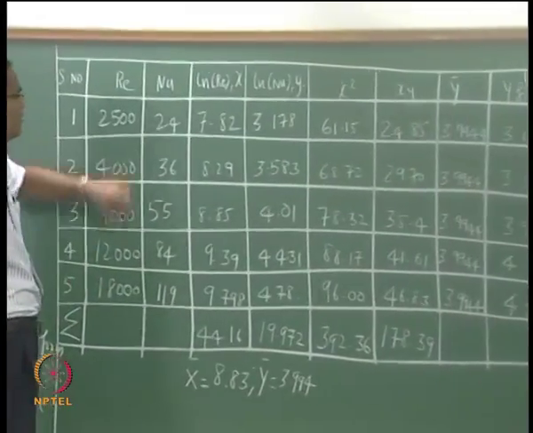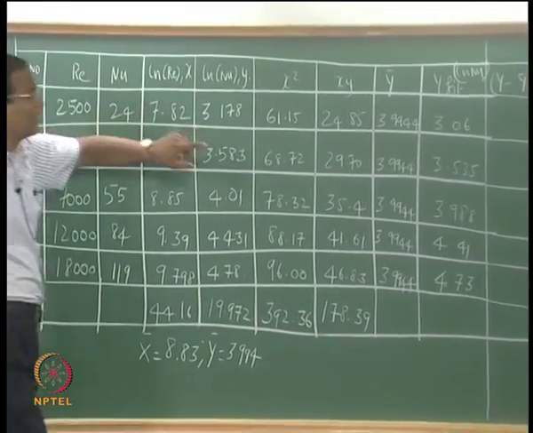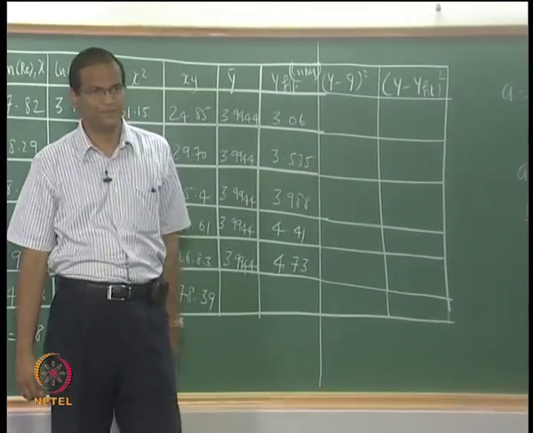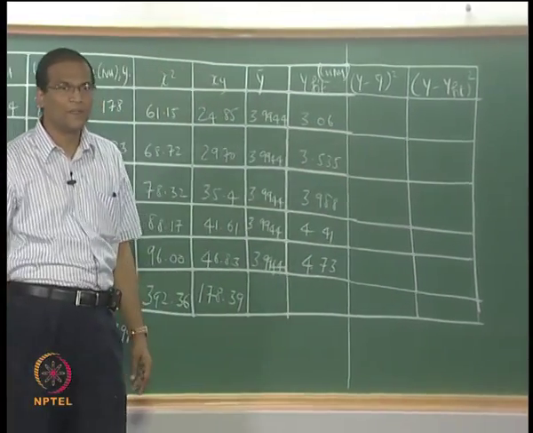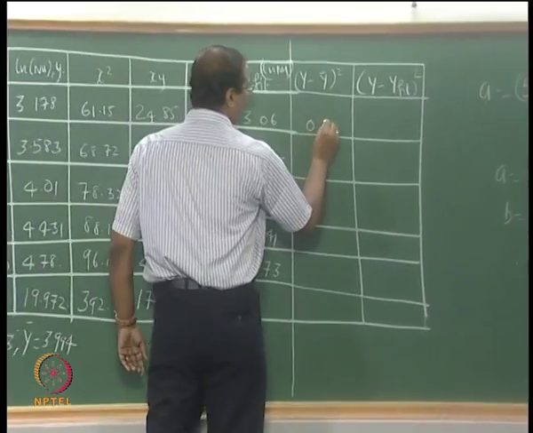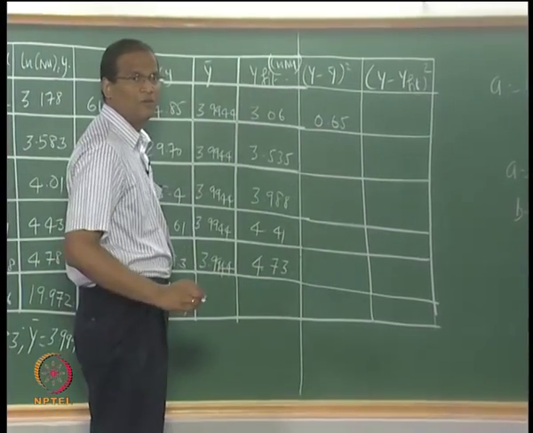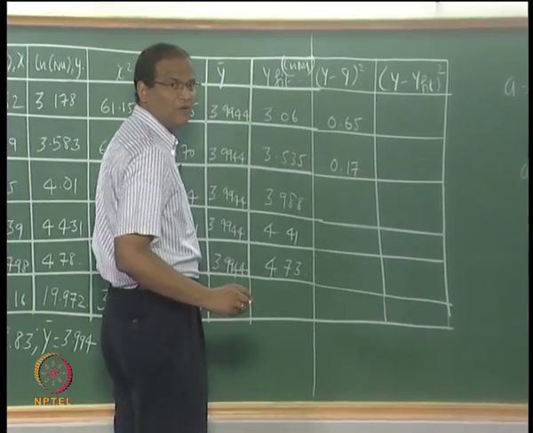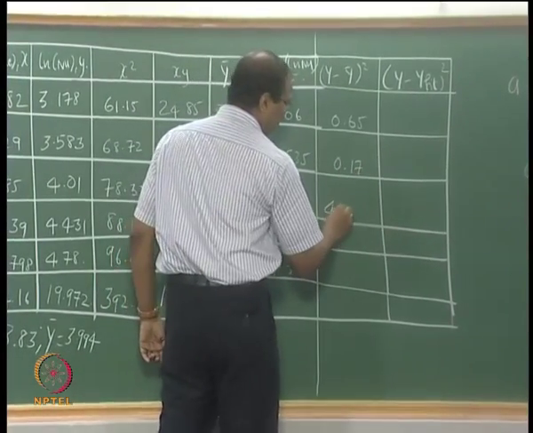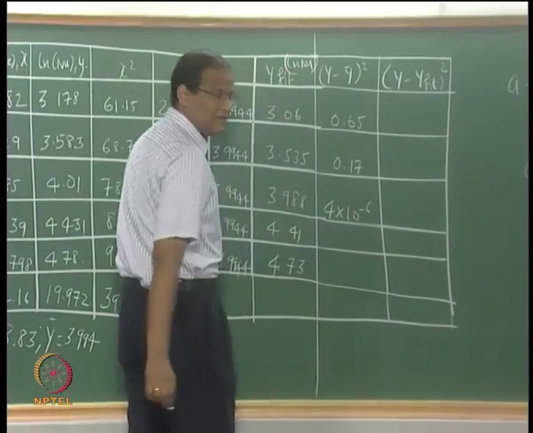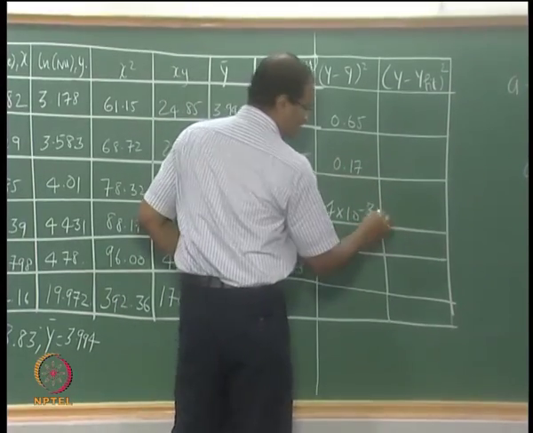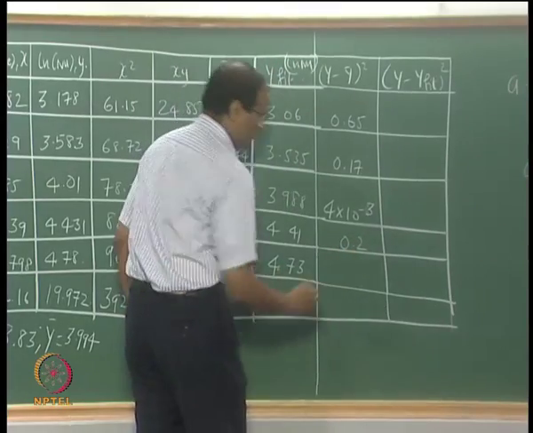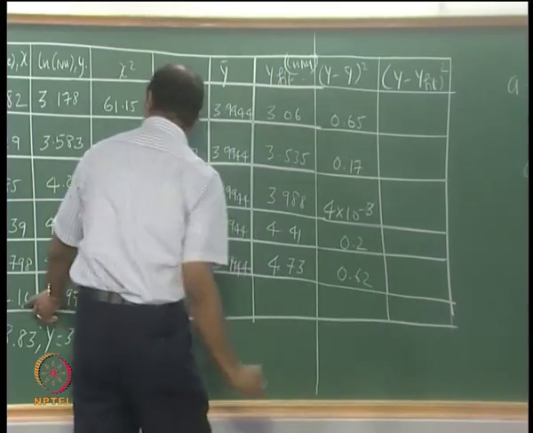So this also we need a log of this to calculate this. Okay, y minus y bar whole square. 0.65. 0.17. The third one is very small, 4 into 10 to the power 6, then 0.62. Okay. Now sigma,